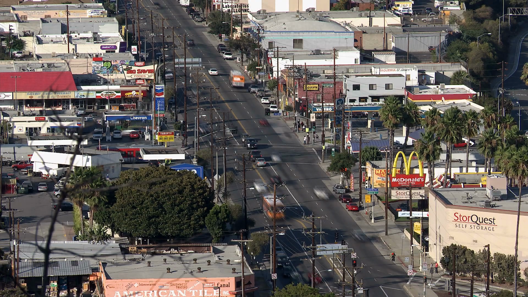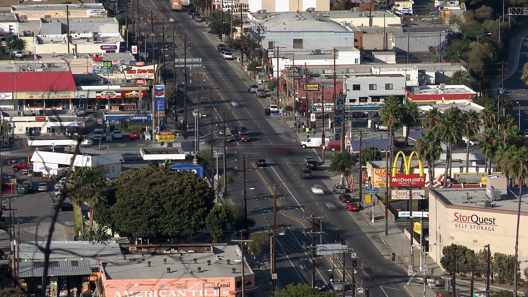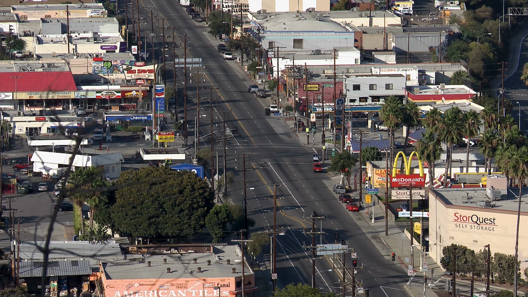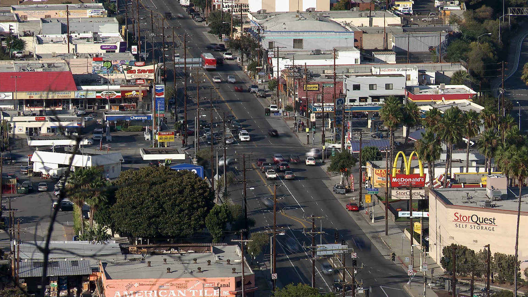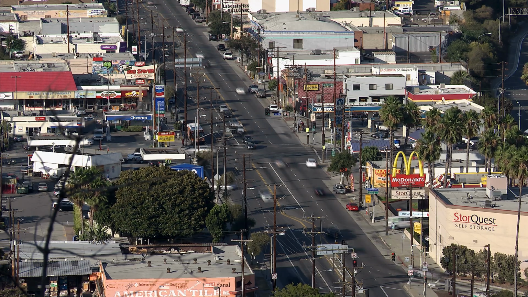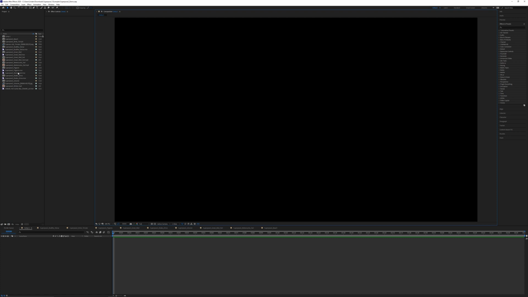If you are interested, you can grab a trial on aescripts.com, and you'll also want to get some of your own footage to test out as well. I have a collection of plates that work pretty well and a few that don't work particularly well, just to demonstrate some of the weaknesses of the plugin. So let's take this one of a rainy forest.